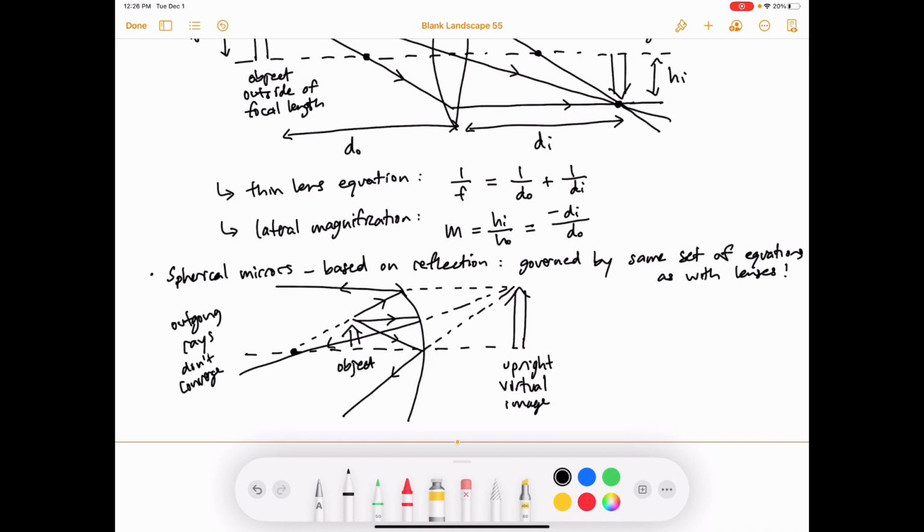Meaning, I can use this equation to calculate where the image forms, what's DI, for example. And then I can use this equation to calculate the lateral magnification of a mirror. So the same set of equations apply. The last thing to say about this is that if we have multiple lenses or mirrors,